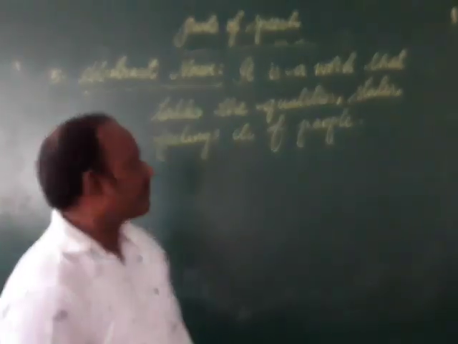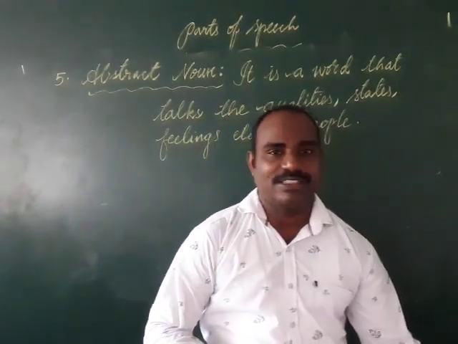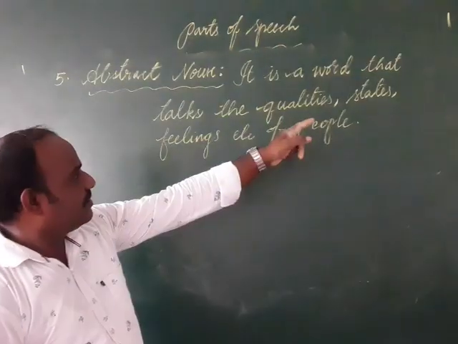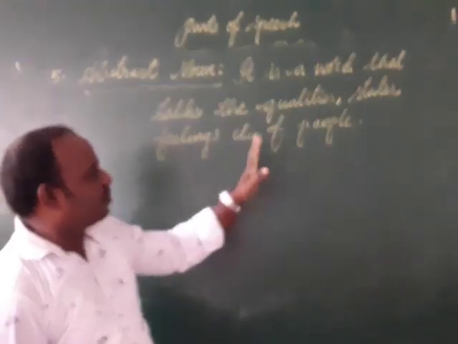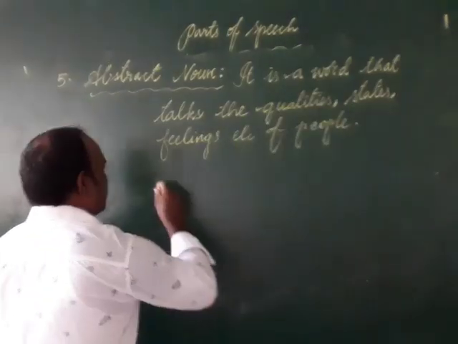Right, I'm finished. Okay. An abstract noun is a noun that talks about the qualities, states, and feelings of people. Right? Examples for abstract noun are